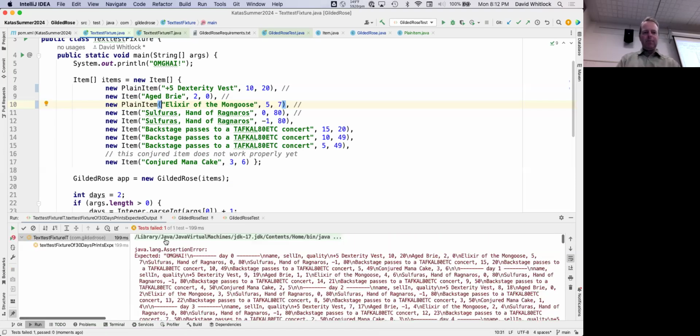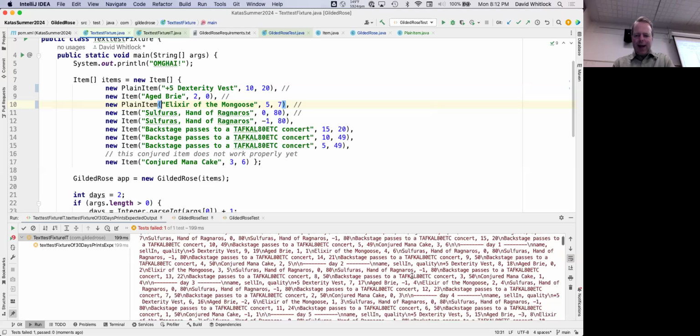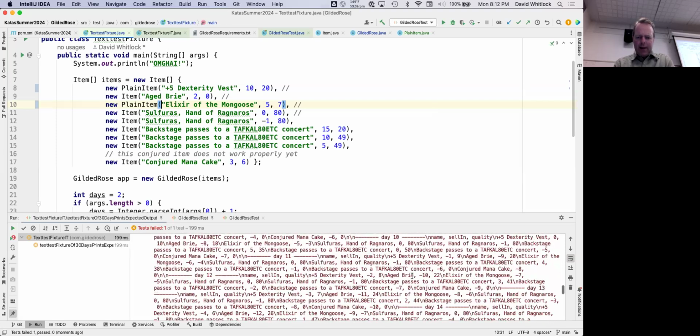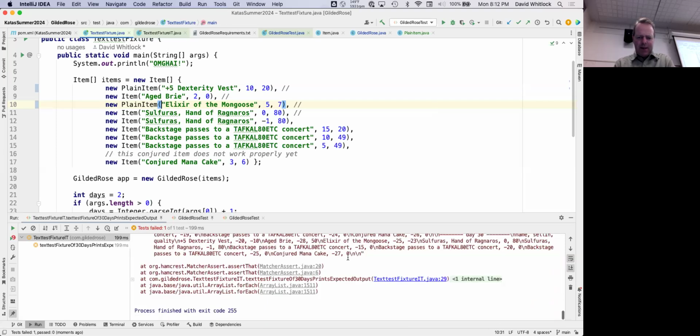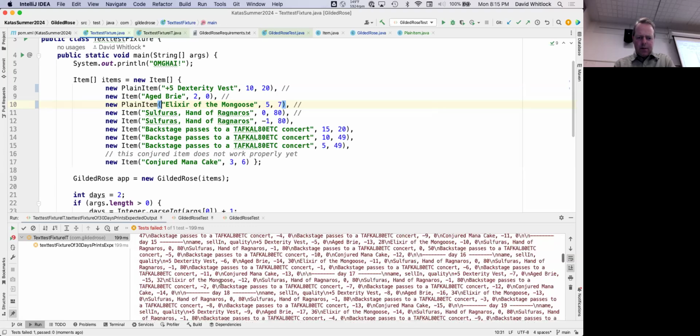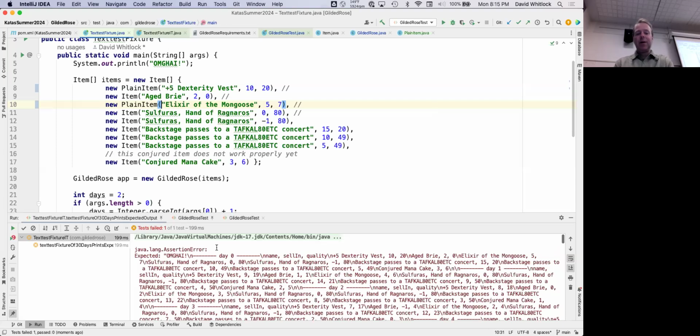Oh, that broke. Oh, that broke badly. I wonder why that broke badly. Are either of those not plain items? Oh, this is where I'm really not happy with the output of this test. I have no idea what's different now. And unfortunately, I guess it's too big to present me with a diff, which sucks. If I'm going to use this, I need to figure out how to debug it better.